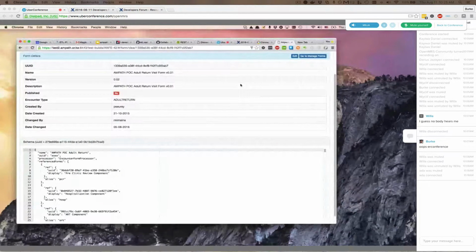Yeah, so the reason you're seeing this version 0.01 is because it's historical, and AMPATH has been doing it this way, appending the version to the form name. And they've been careful to put the same version in the version field and append it to the name as well. I think it's also because of the way the forms are displayed in the legacy UI, because the legacy UI just displays the name. So I think it was difficult for them to tell which is which. So they said, oh, just append the version there. And going forward, I guess we can drop this because we can easily see the version. We don't need to append it to the name.